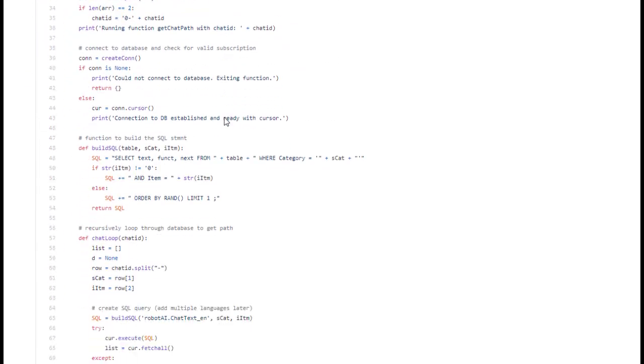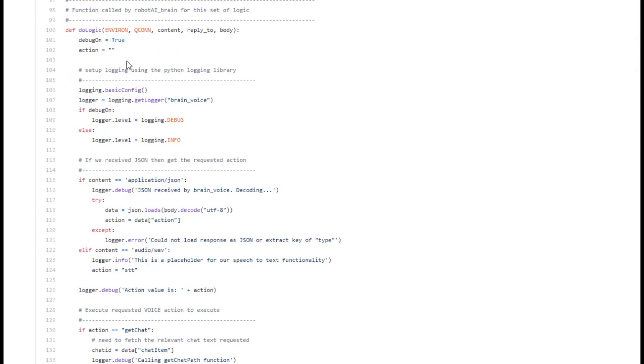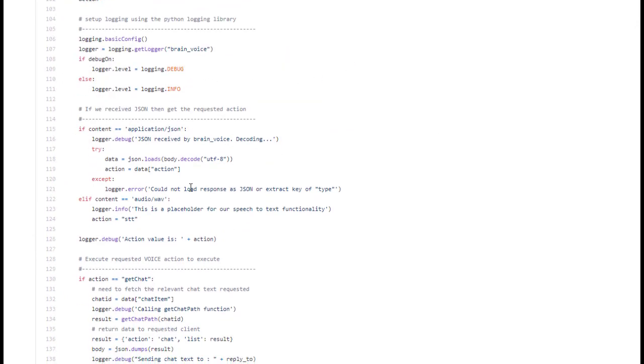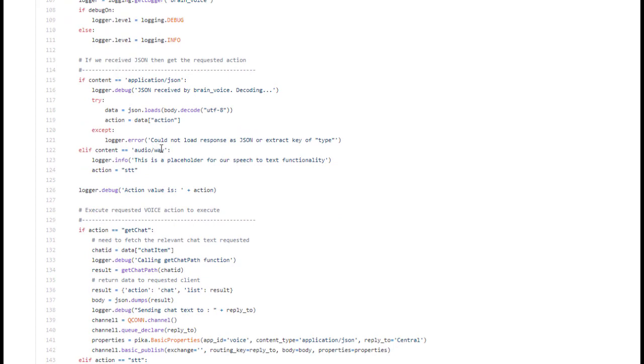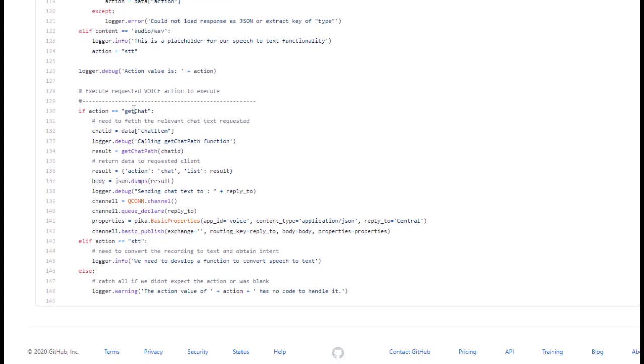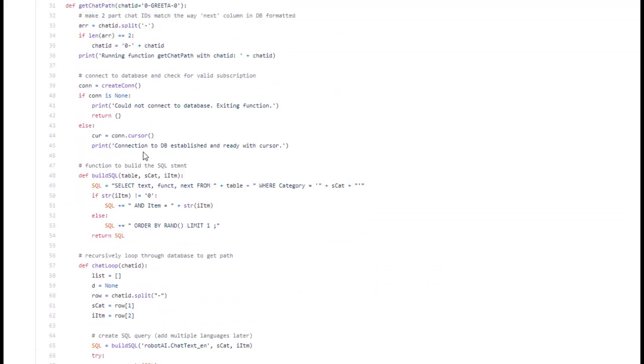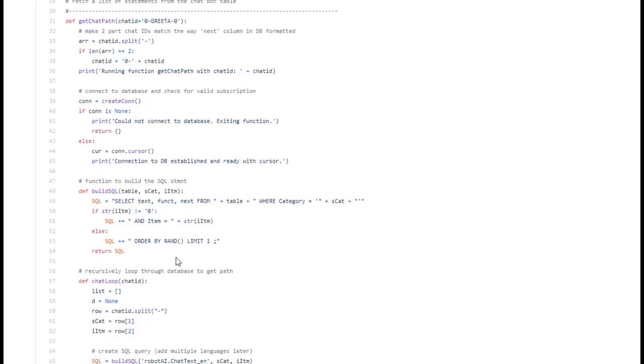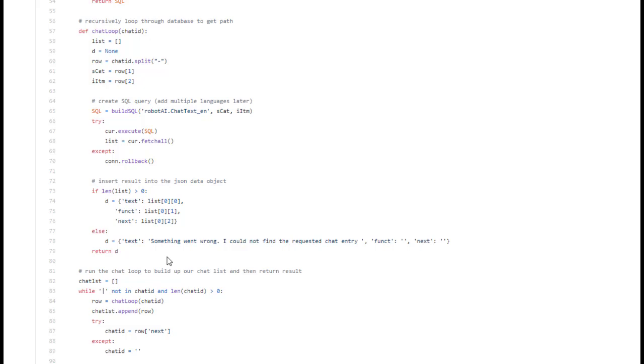brain_voice.py. When our brain receives a request from the client, it will execute the do logic function, which will firstly check the content type received. I have a placeholder here for later when our client will be sending voice commands, but let's focus right now on the JSON-based requests. If the JSON is a request for chat content, we will call the getChat function, which then recursively fetches our Lego-like conversation blocks from the database, with a little randomness thrown in so that they seem more natural. Then it's bundled up and sent back to the client,